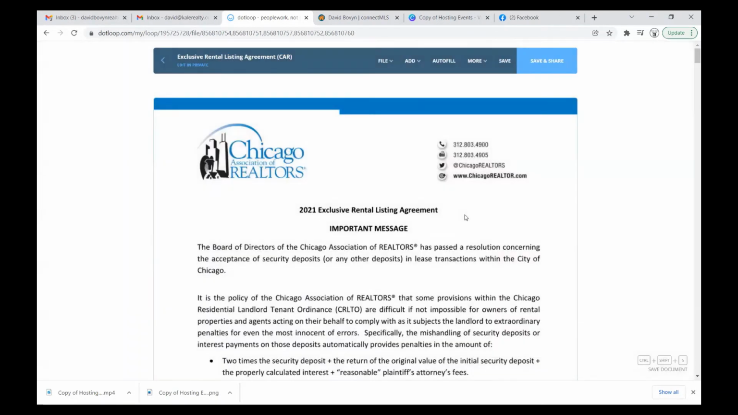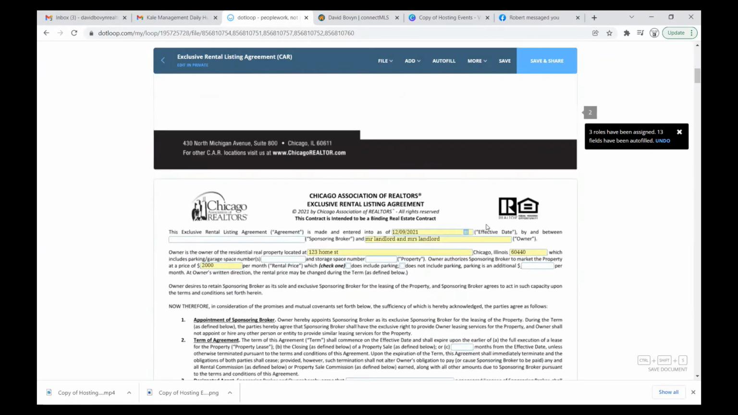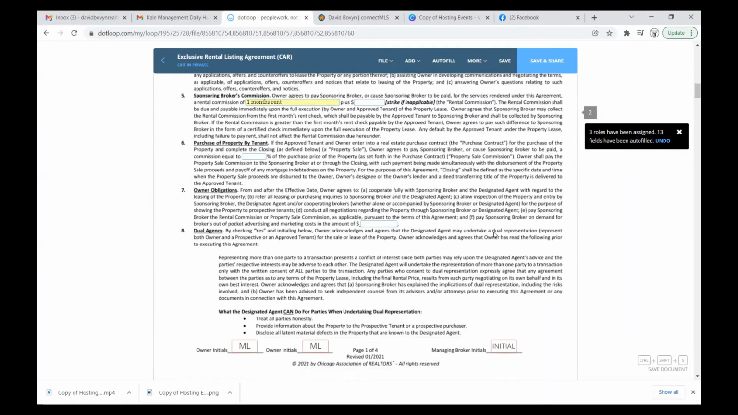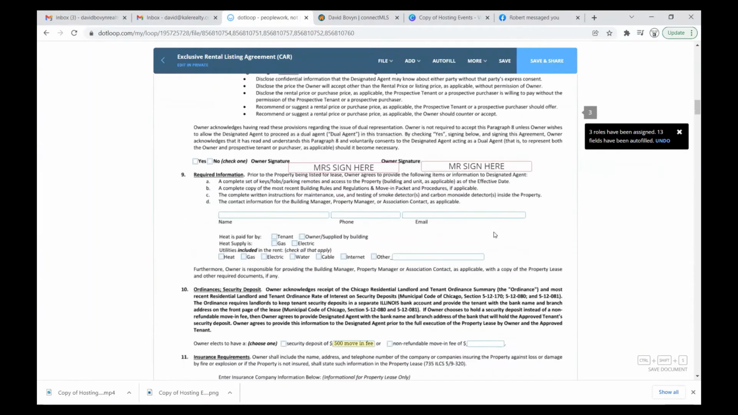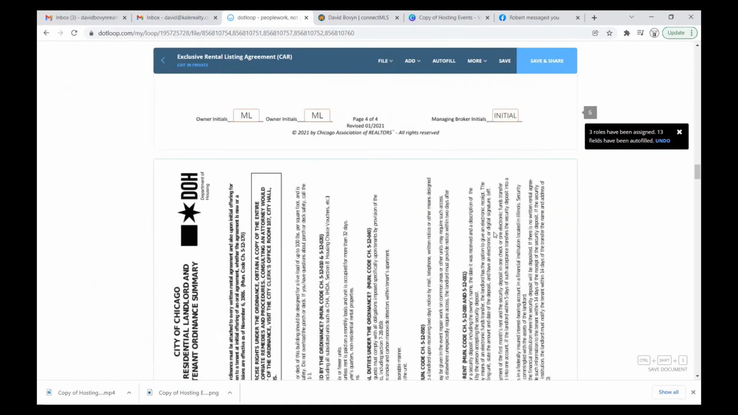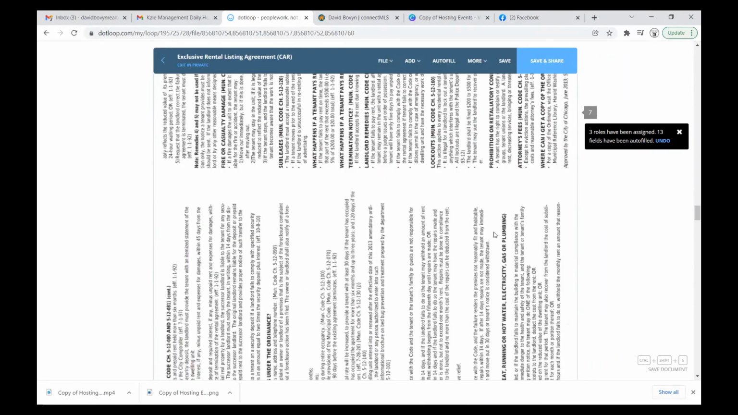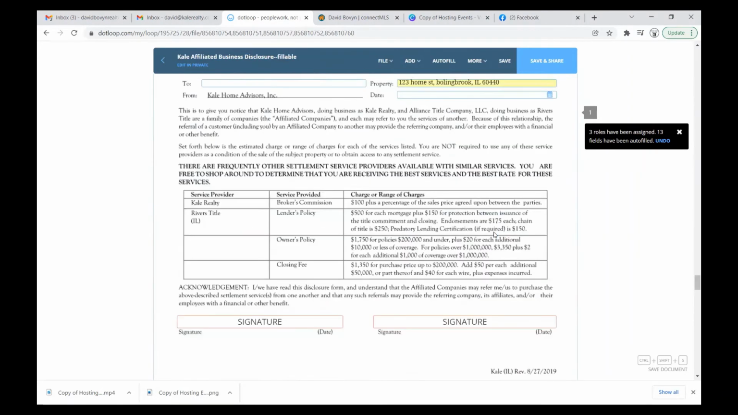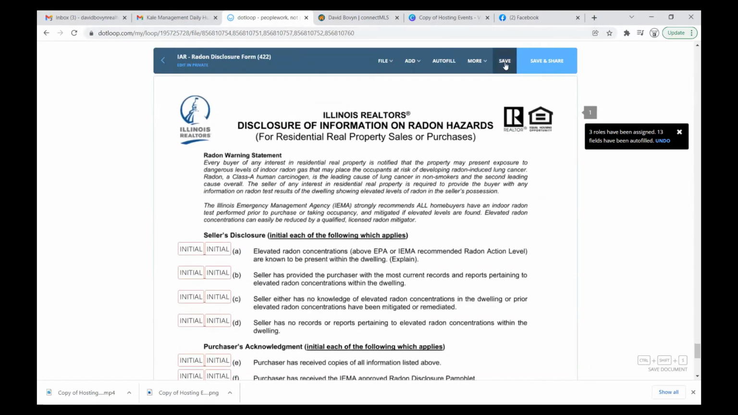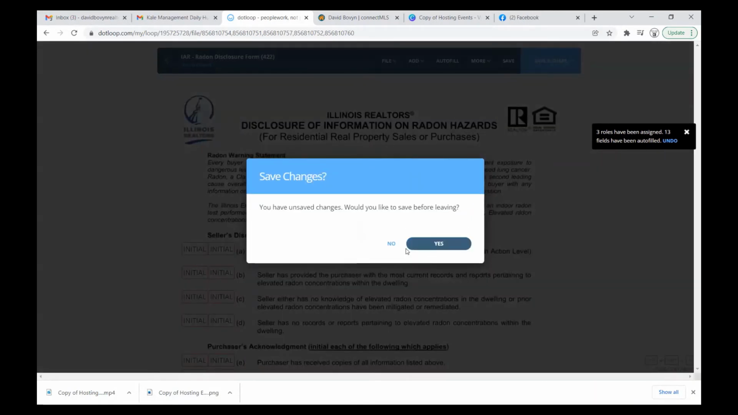Now we're going to click autofill, and we have all of our information filled in here. Make sure that you go ahead and get all of this signed, initialed, get your disclosures initialed, and you're good to go. You're going to save and share these with your client once you have everything filled out. Once your client gets it back to you signed, the next step